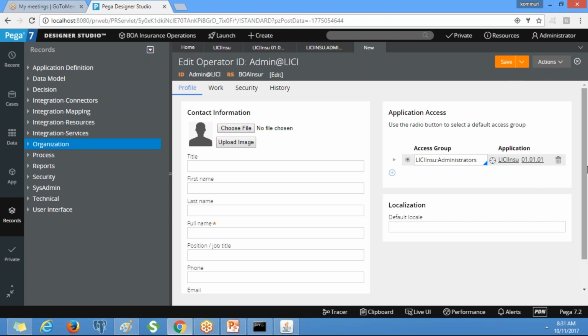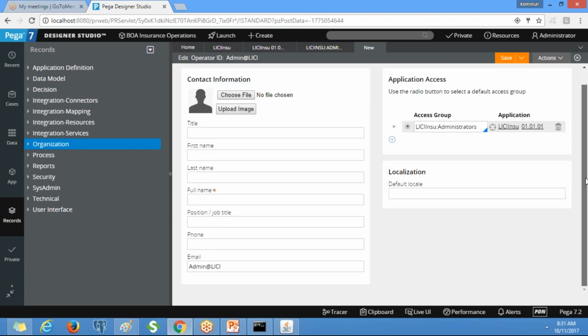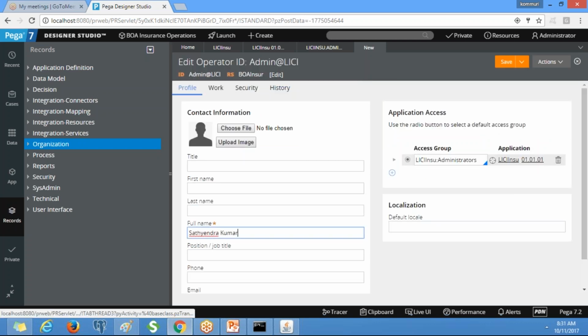You need to fill some mandatory fields. The full name is mandatory here, so I'm going to give a full name. You can give your own name here. Go to the work tab.